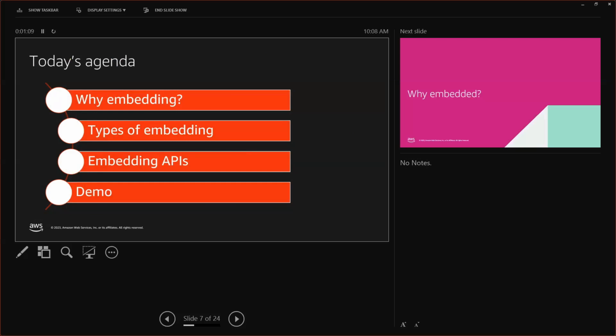What we are going to cover today. We are going to cover why we may need to do embedding, and the different types of embedding that we have. Visual embedding is just one of the different types of embedding that we offer, and then I will show you a little bit about